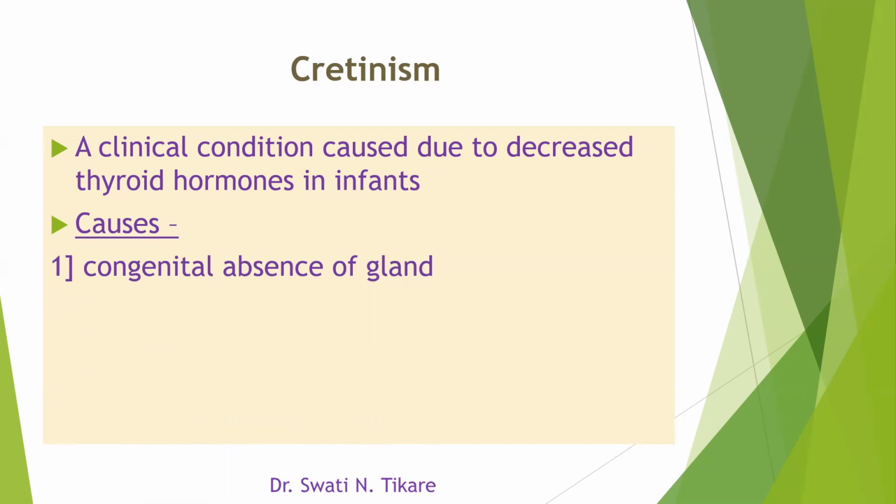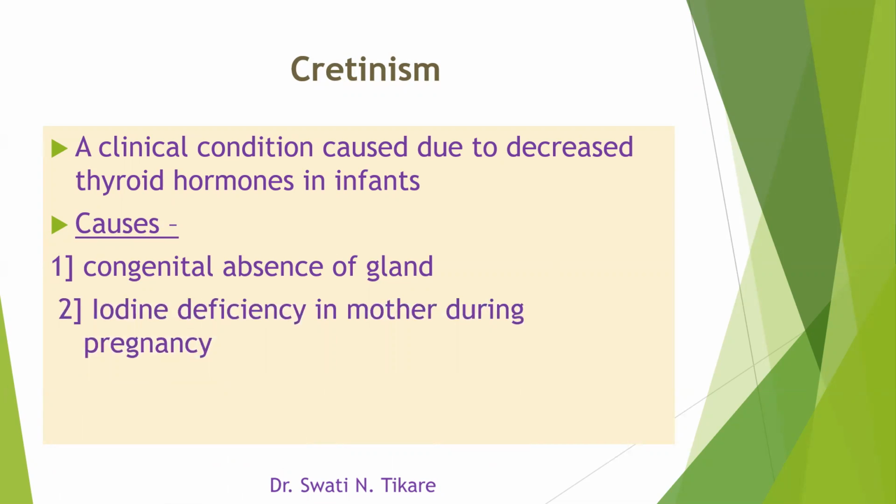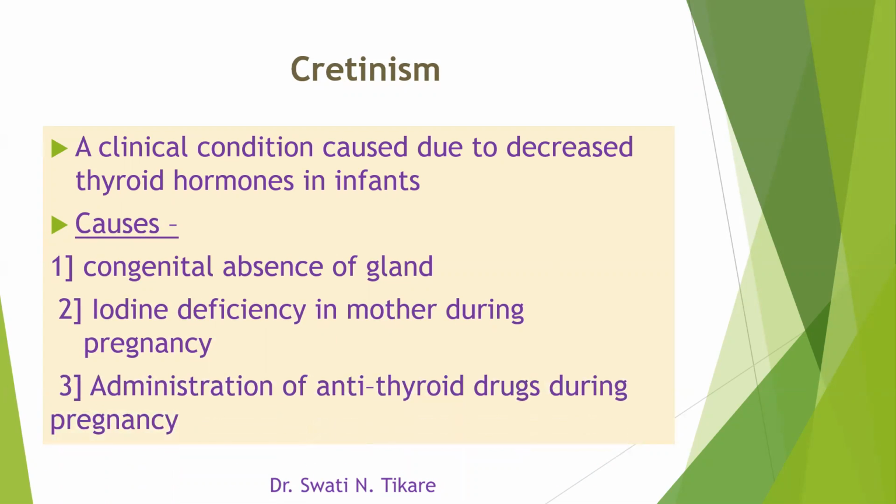Congenital absence of the gland. Second, iodine deficiency in the mother during pregnancy, or administration of antithyroid drugs during pregnancy. So if the mother suffered from hyperthyroidism, thyrotoxicosis, and some antithyroid drug was given, that will act on the child,